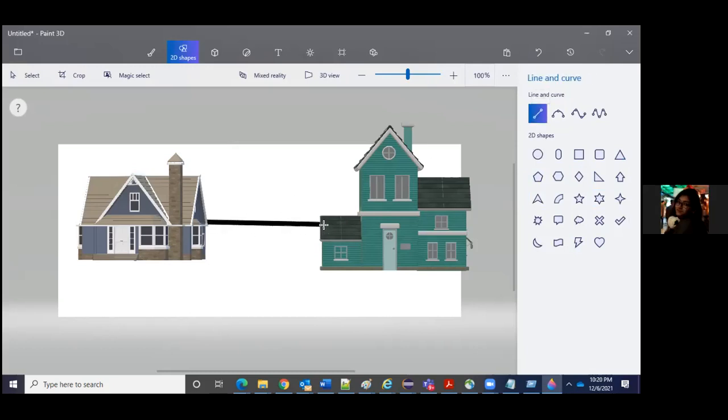For example, if you want to connect these two houses, this is a bridge you have connected, right?